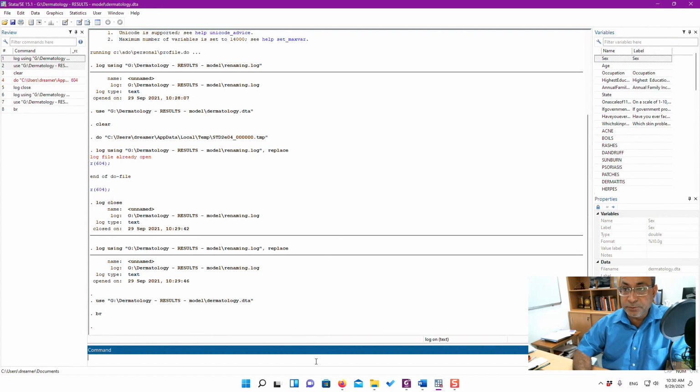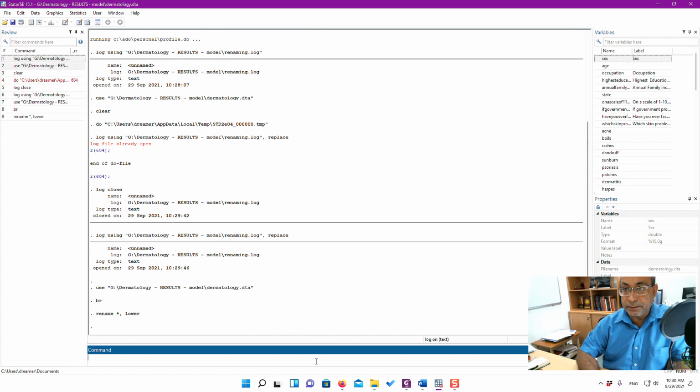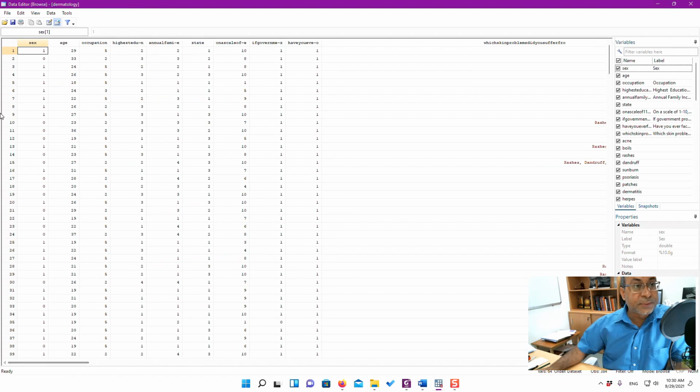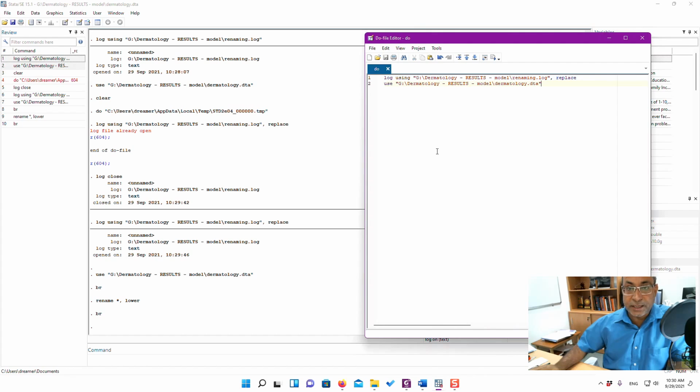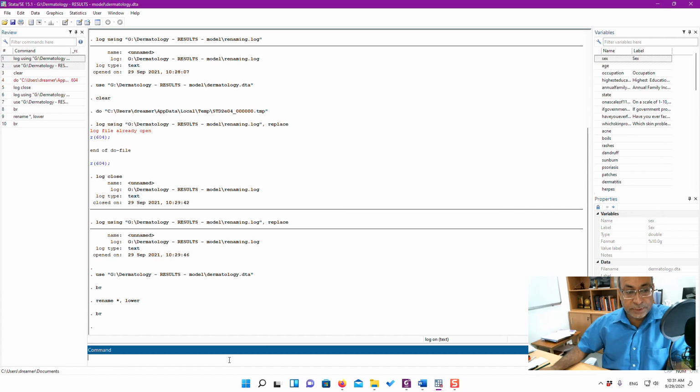So first thing I am going to do, I need to rename all the variables. So I want to change everything into small letters. So that's very simple. Type rename star, lower, hit enter. You now see that all the variable names, they are actually in small letters. So they are starting with small letters. So one problem gone. So we should actually put this into the do file also, so that we have this for later. Star is a wildcard that will actually convert every variable into lowercase.